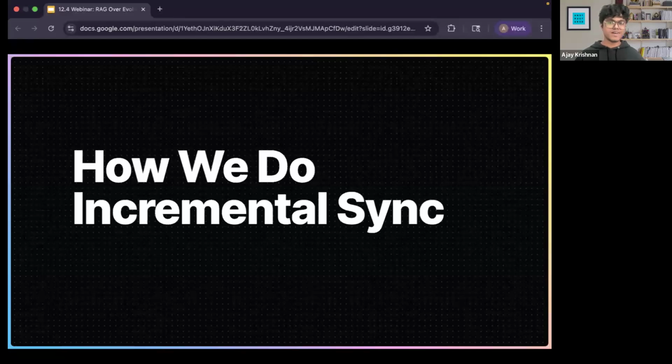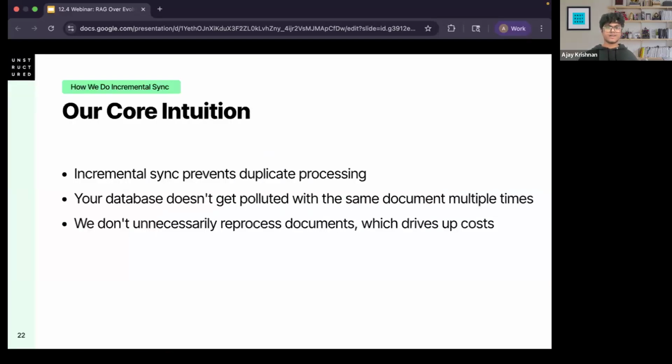So now that you've seen how this works conceptually, let me show you how we implemented it in Unstructured. Our core intuition was built on three principles. Firstly, we want to make sure that incremental sync should prevent duplicate processing. The sentence looks really obvious, but getting it right is a little bit tricky and annoying because